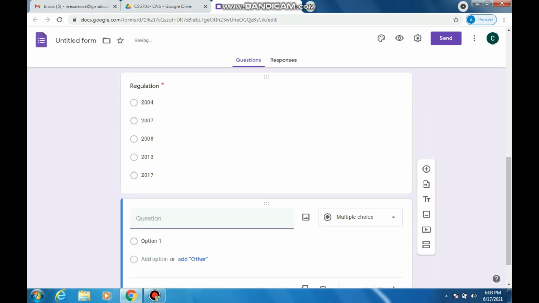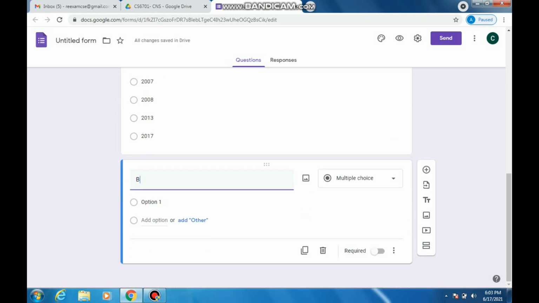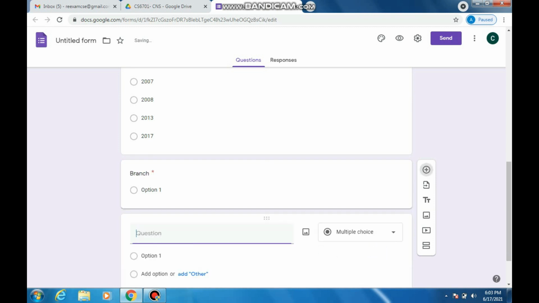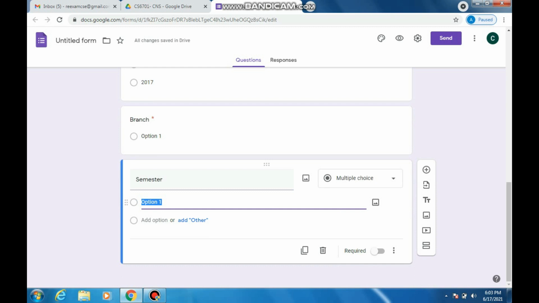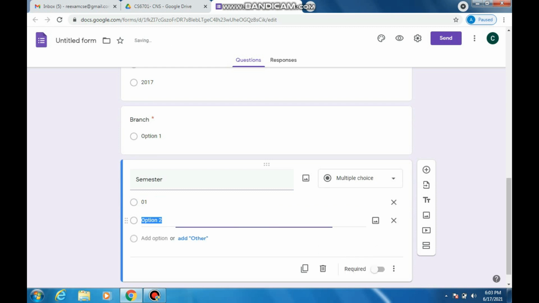And after that we can ask for the branch in which they are appearing for the examination, and the semester. We can have the options as semester 1 till 8.